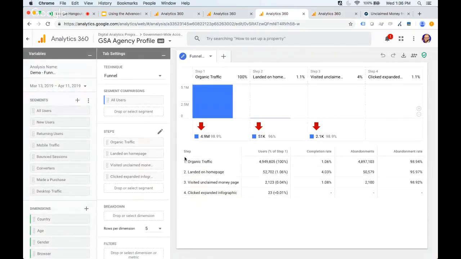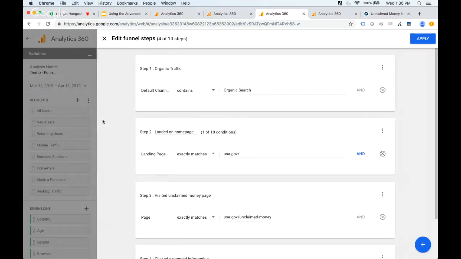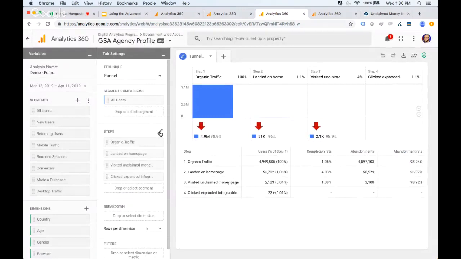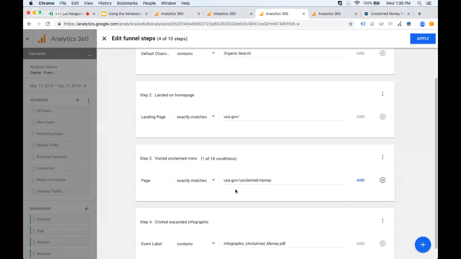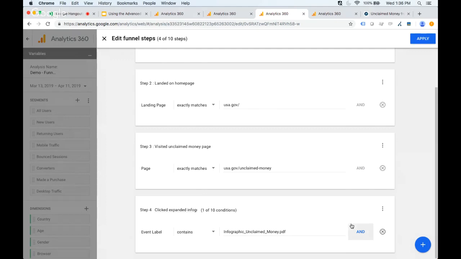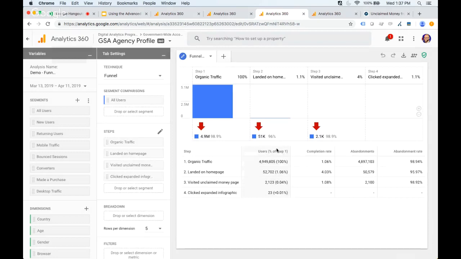It's not super different. In the same way that you can in the custom report, you can add segment comparisons, but you set up the steps in a very similar way. If I just click on the edit pencil under the steps, I've created basically all the same steps. Default channel is organic search, landing page matches USA.gov, page exactly matches unclaimed money, and infographic, the event label. So it's the exact same setup, and what we get here is nearly the same thing as what